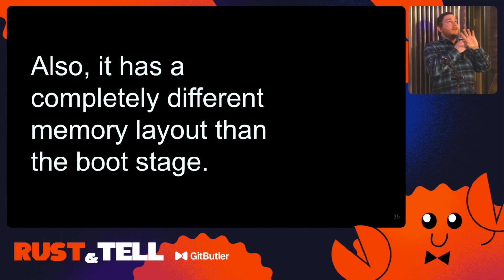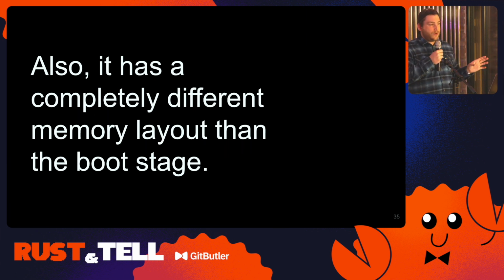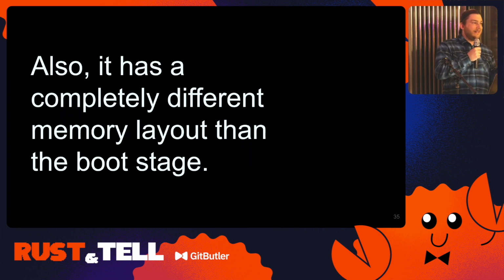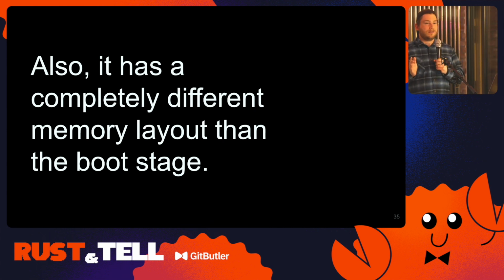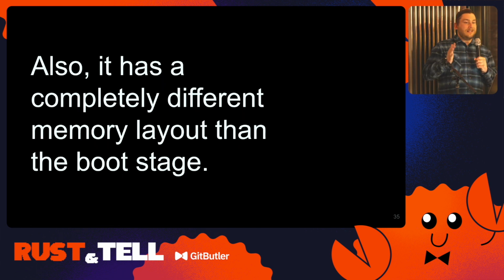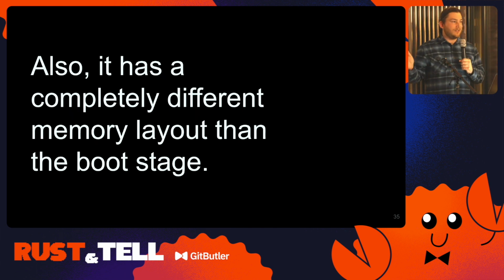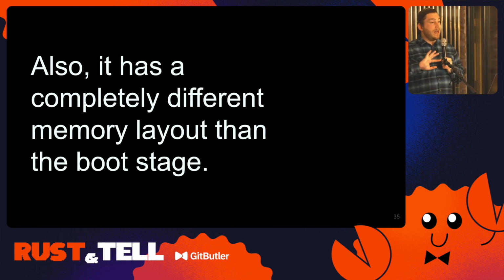You can organize memory in an operating system however you want to, with a memory management unit. With most x86 machines, ARM machines, they have some way of organizing memory however you want. And the way that the memory that the bootloader sets up for us works is going to be different than what the kernel needs. And so you have to plan for this before the kernel ever loads. So it's a twofold problem, right?